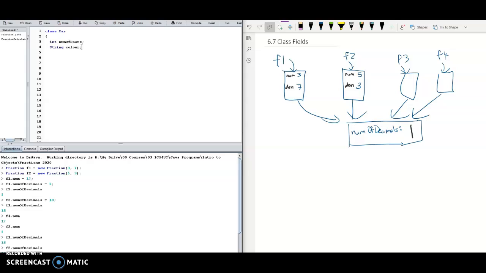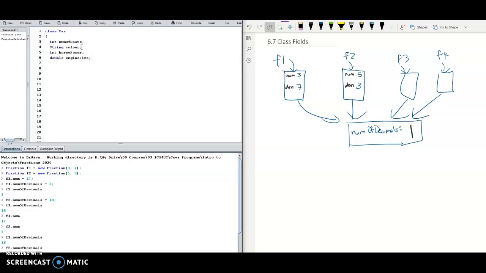Let's say int horsepower, which is the power of the car, how strong the engine is, and so on. int or double engineSize. So these are instance fields because every car that you make will have